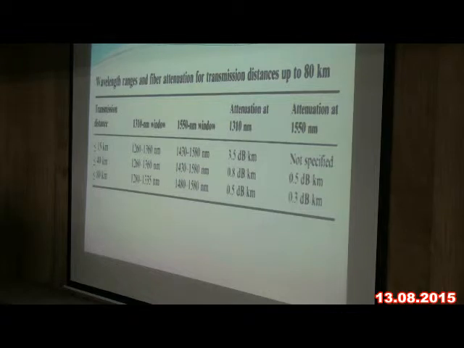If we increase the wavelength, what will the attenuation be? Attenuation levels must decrease. This was the transmission distance, that is wavelength versus attenuation. The second window range lies between these two. For less than 15 kilometers, the attenuation rate for the second window is this one, and the last one is your third window. If we increase the distance, what will happen? Your attenuation level will decrease. Okay, next one.